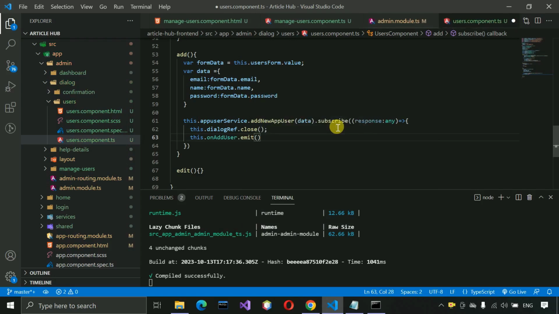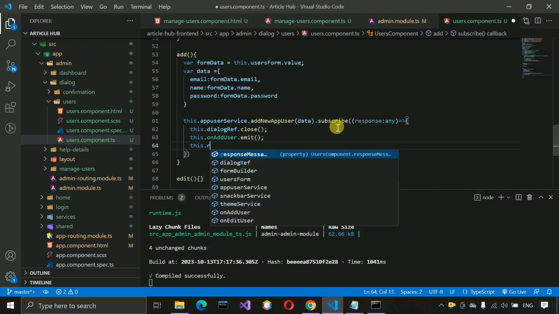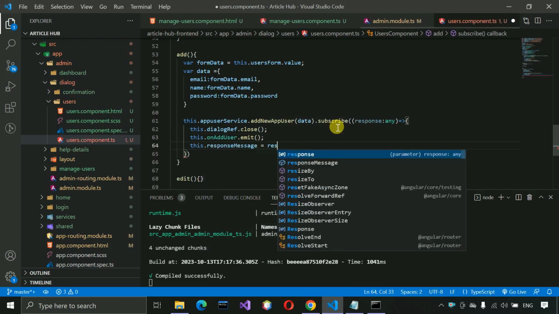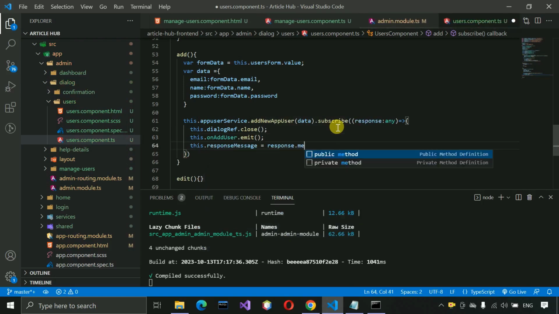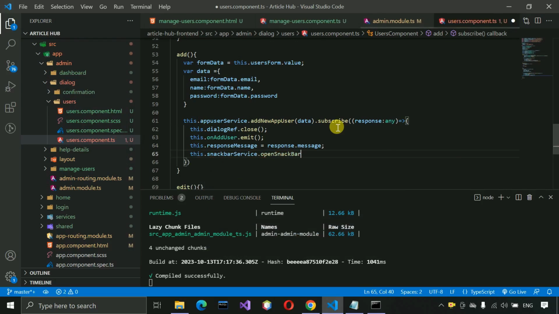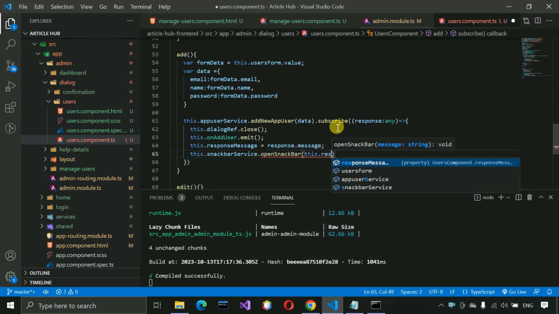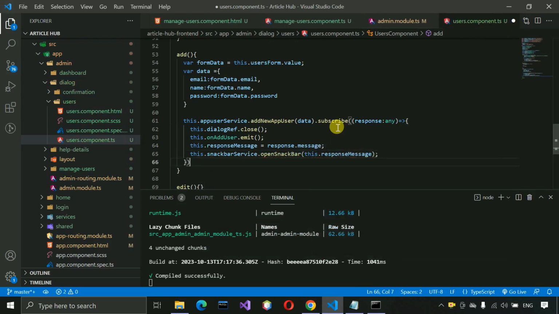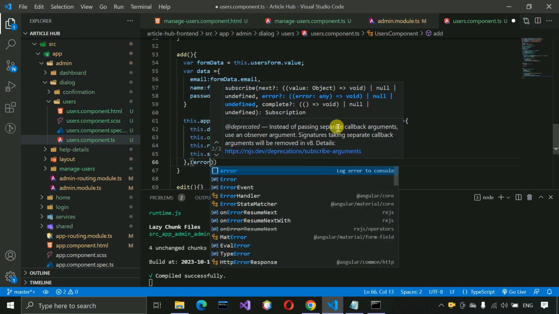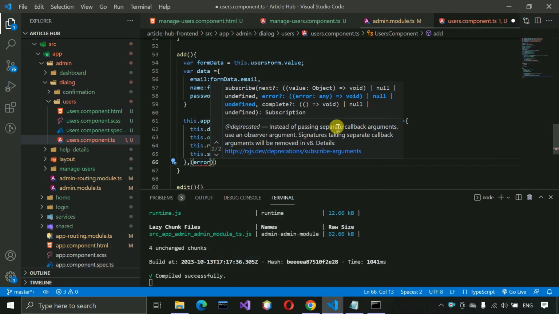So we have successfully got the response, then we are going to emit it, and this.responseMessage is equal to response.message, and this.snackbarServices.openSnackbar, and this.responseMessage, put semicolon, and then we have to write for error,